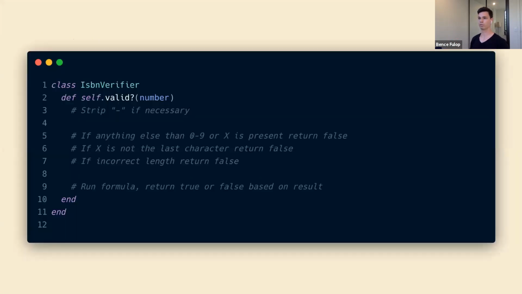So in terms of the solution, we started by just declaring the ISBN class and the class method. And then I just wrote some pseudocode just so we can walk through the whole exercise step by step. First of all, we knew that we need to strip away the dash if it's necessary. Then in a couple of cases, we want to immediately just break out from the method and return false if the format of the ISBN number is not correct. So for example, if the length is incorrect or if it has invalid characters, then we just immediately want to come out from the method and return false because that number is not valid. And last but not least, we know that we'll need to run that ISBN formula